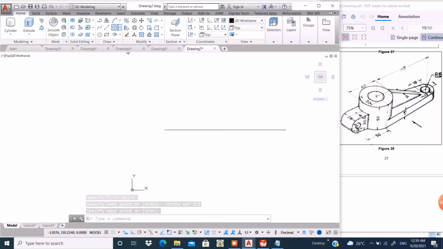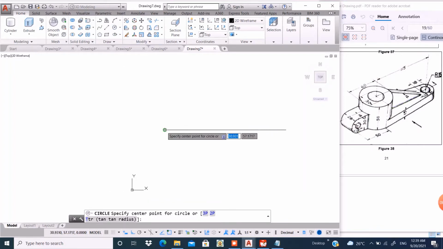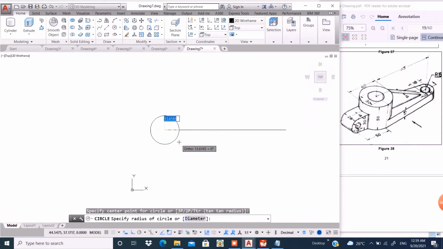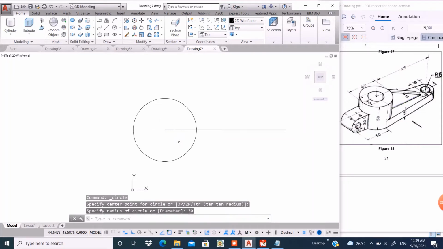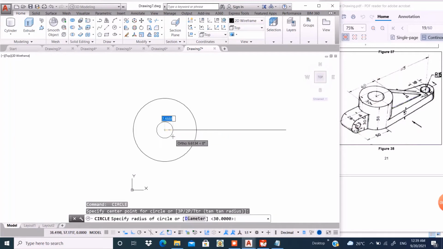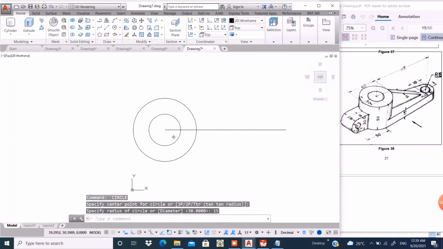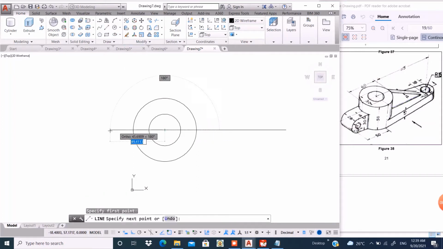Now go to circle command, click here and draw a circle of radius 30 unit, and again circle command and 15 unit radius. Again take line command, click here and distance of 50 unit, type 50, enter.